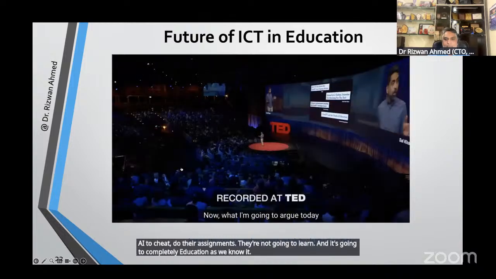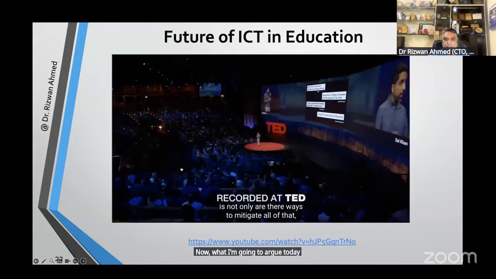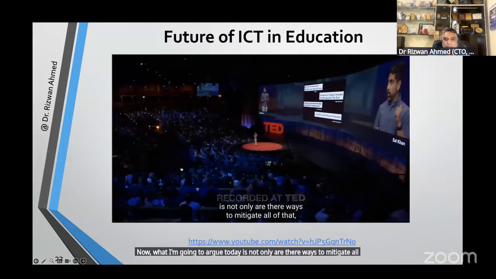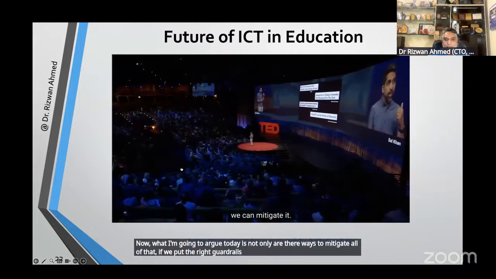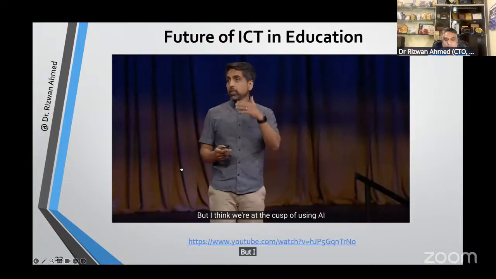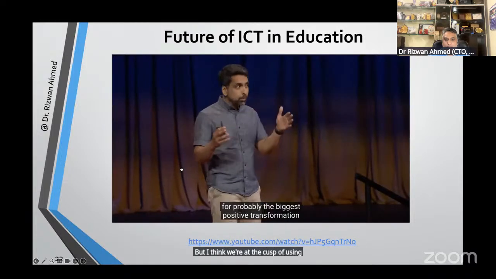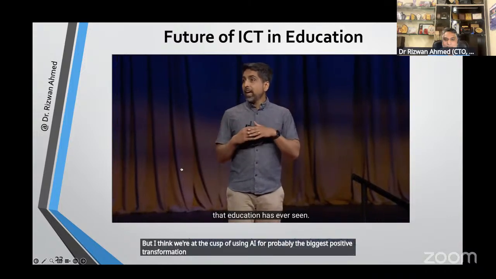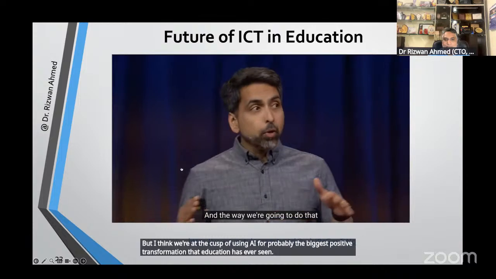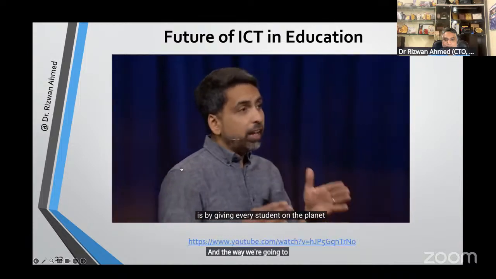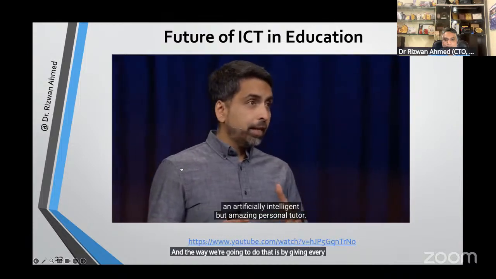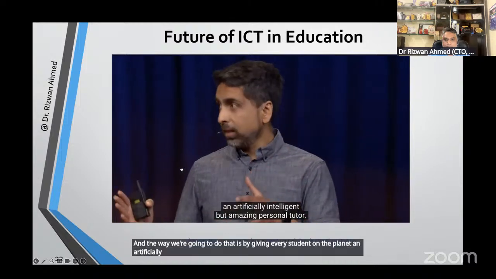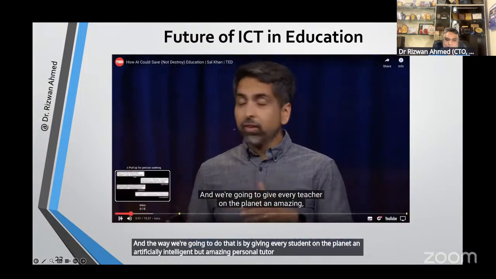Now, what I'm going to argue today is not only are there ways to mitigate all of that, if we put the right guardrails, we do the right things, we can mitigate it. But I think we're at the cusp of using AI for probably the biggest positive transformation that education has ever seen. And the way we're going to do that is by giving every student on the planet an artificially intelligent but amazing personal tutor. And we're going to give every teacher